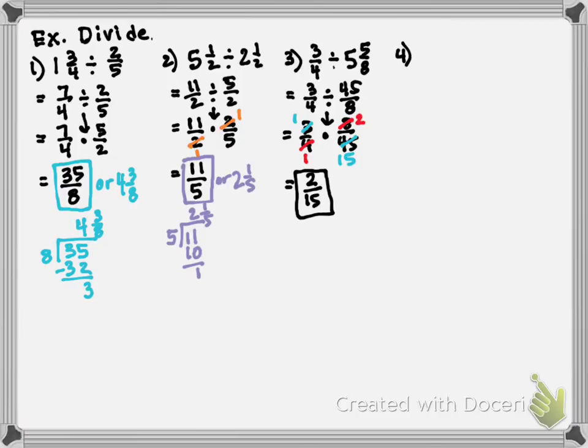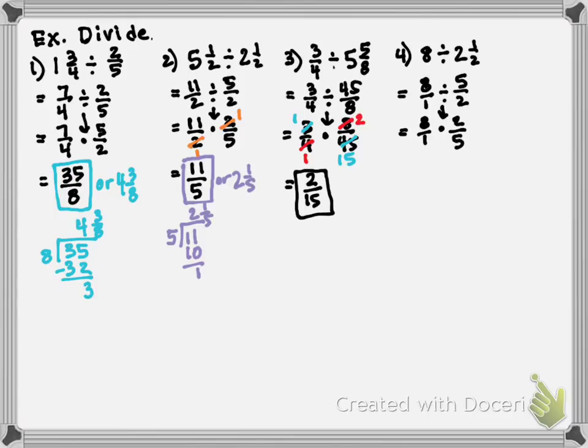All right, we'll do one more like that, but we're going to switch up and make the first number be a whole number, and then we'll divide by a mixed number. So first thing we do is make everything a fraction. 8 becomes 8 over 1. 2 1/2, 2 times 2 is 4, plus 1 is 5, becomes 5 halves. Now we're going to rewrite the problem. We're going to keep 8 over 1. We're going to change division to multiplication, and we're going to take the reciprocal of 5 halves, which is 2